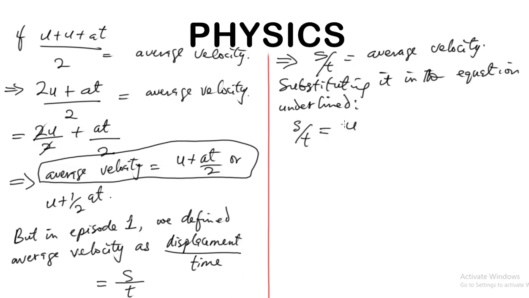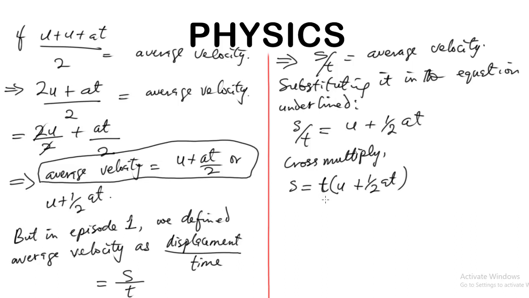So we cross multiply out this equation. S over t is equal to u plus half at. When we cross multiply, we will have that S is equal to t bracket u plus half at. If we remove the brackets, we have that S is equal to ut plus half at squared. This is the second equation of motion,